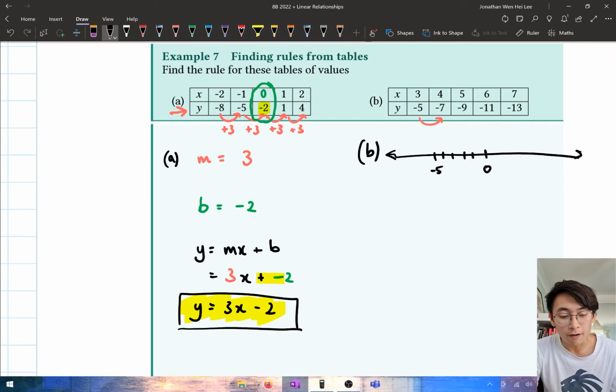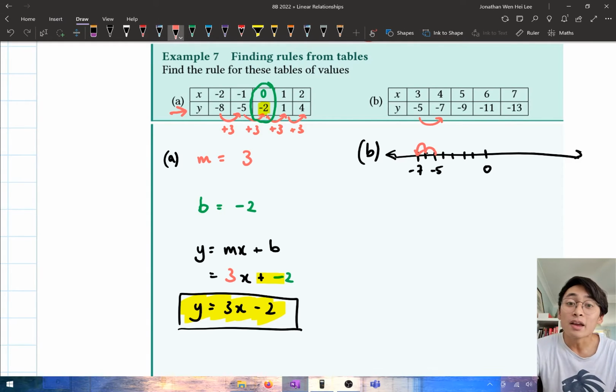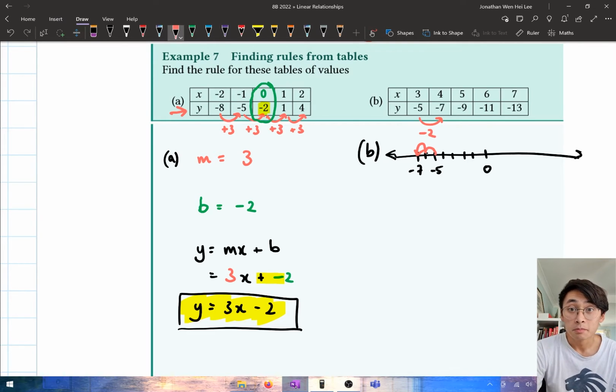Now, if I wanted to get from negative 5 to negative 7, well, negative 7 is negative 6, negative 7 over here. What do I need to do? On my number line, I would be going to the left twice. So I'd be going 1, 2. Now, if you are going to the left on your number line, are you going to be adding or subtracting? Well, when we go left on a number line, we are subtracting. So here, we're not adding 2, we are subtracting 2. Okay, so if I subtract 2 to get from negative 5 to negative 7,